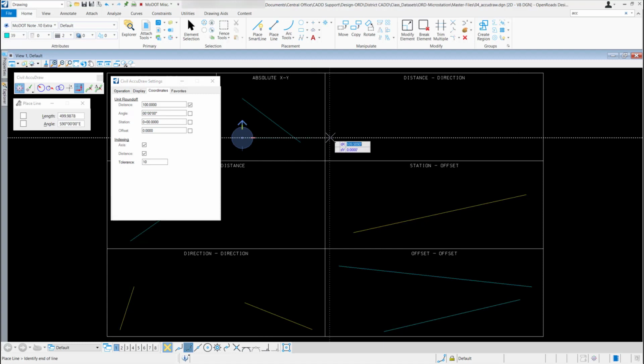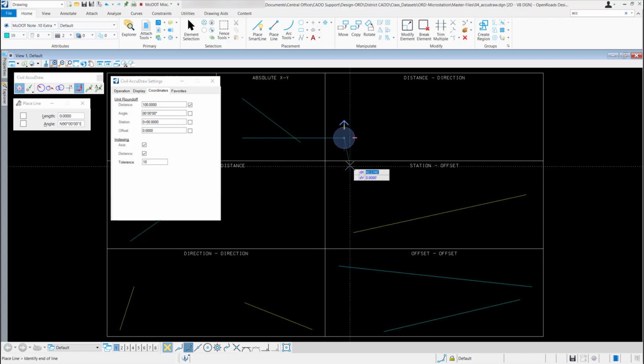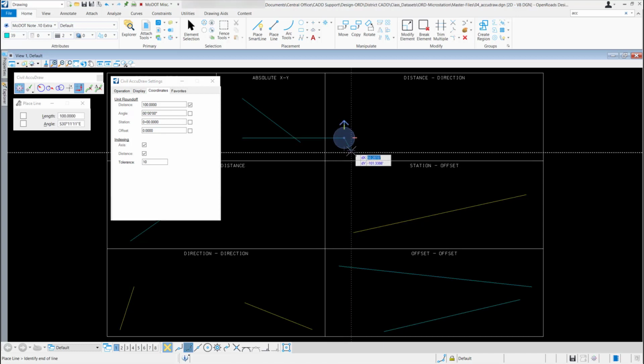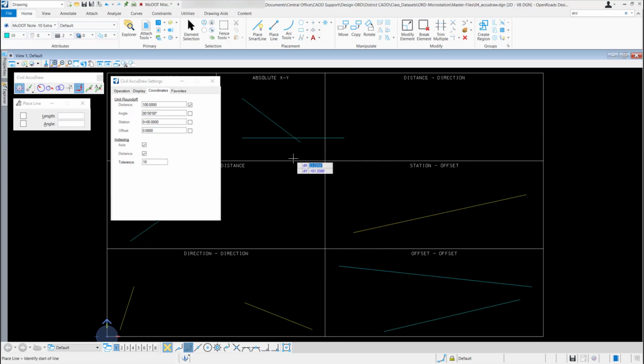So it's trying to round off your line to whatever distance you have checked on. Just going to left click to accept it and right click to end it. So that's what all the unit round-offs do. You can just round off whatever you're drawing to either a distance, an angle, a station, or an offset. I'm going to go ahead and uncheck the distance round-off because these will stay on until you turn them off.